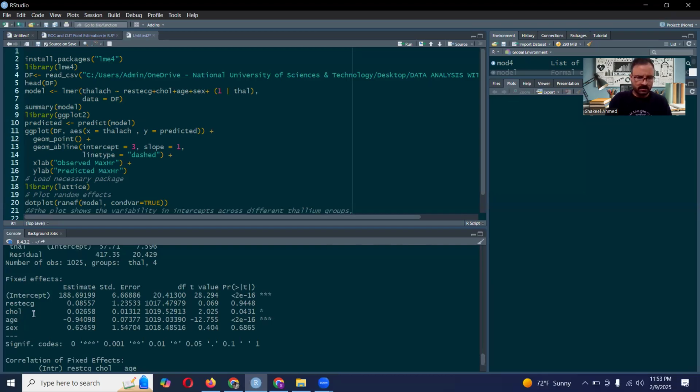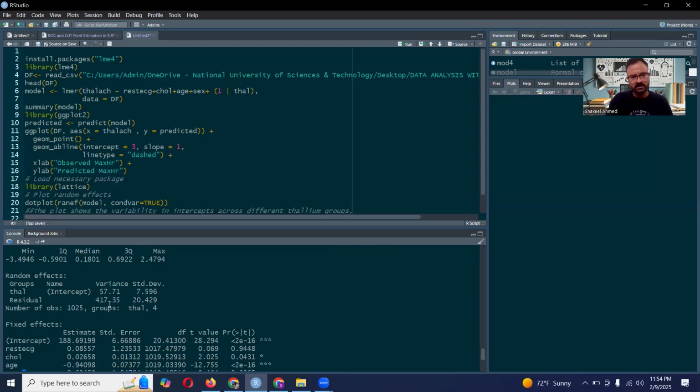Cholesterol is significant, but the resting glucose is not significant. Age is significant, and sex is not significant. So these are the effects of the cholesterol level, age, and sex on maximum heart rate after incorporating the variability within groups. Basically, that is the variability we might have, 57.71, which is because of the group differences in the